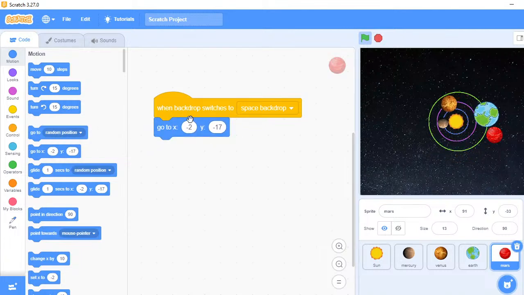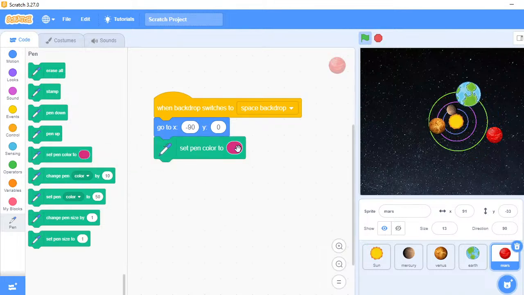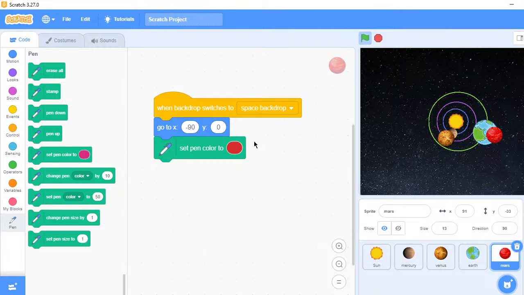Go to -90 and y equal to 0, and the same process we have to follow, that is append, set pen to color. I think this is the red planet, so you have to take red, pen down,